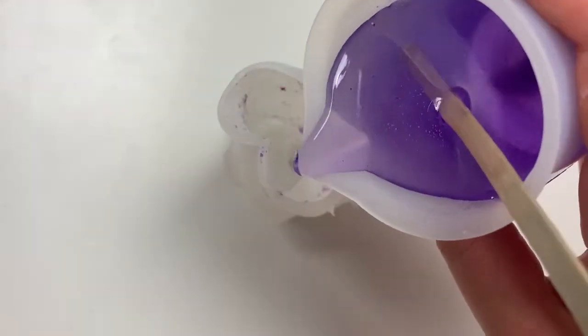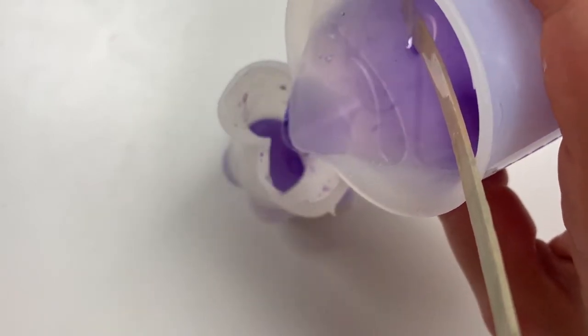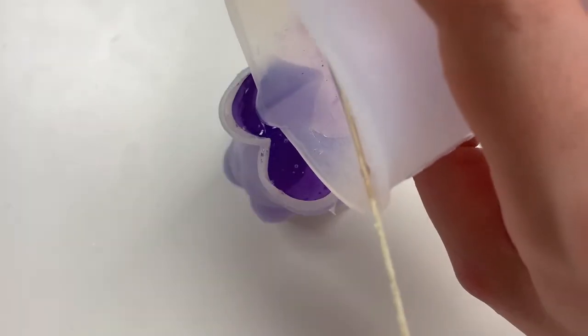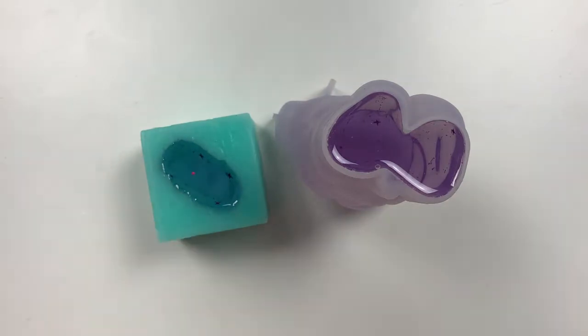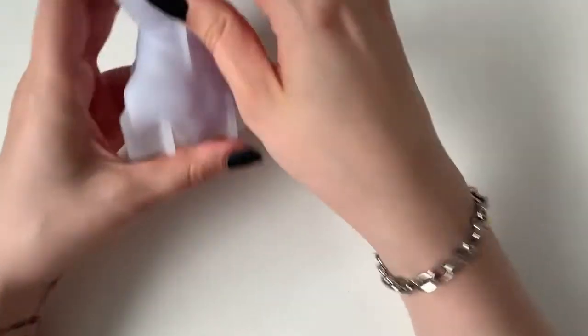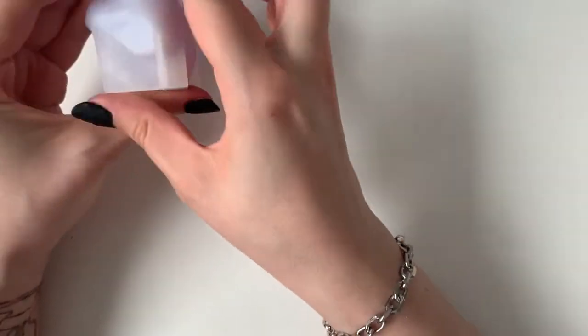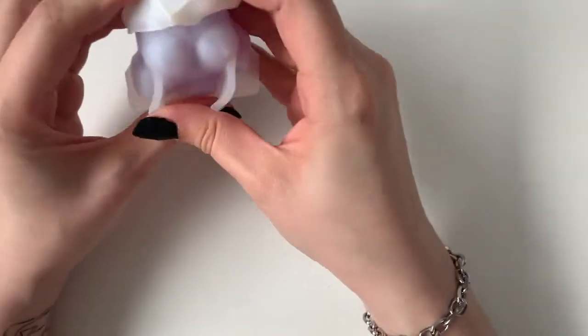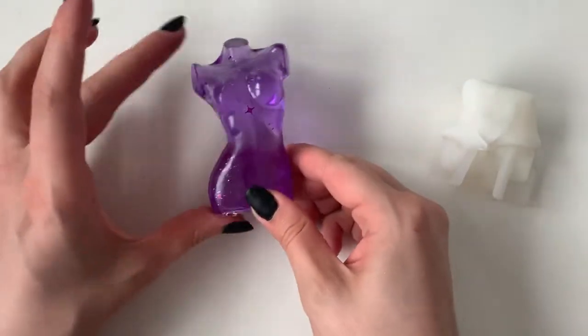So I'm just filling up the molds. And the glitter really stuck there to the sides really well, so that worked fantastically. I can recommend it if you have the same problem. One day later, they're cured and I can unmold them. These body molds are a pain in the ass to unmold. It's kind of a struggle, so I didn't show it completely, but here's the finished body